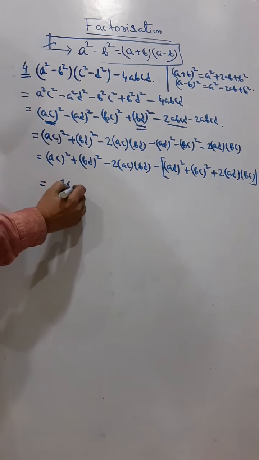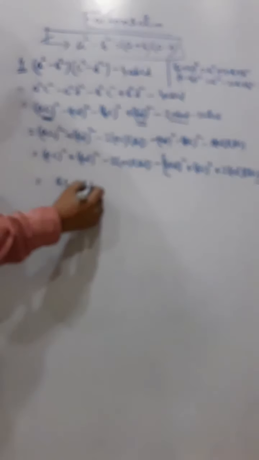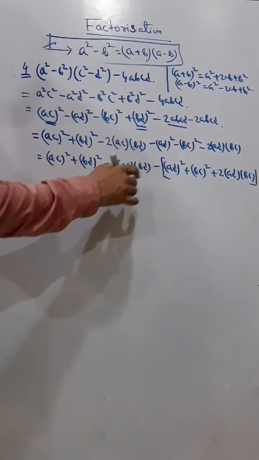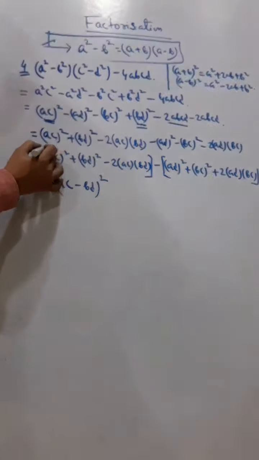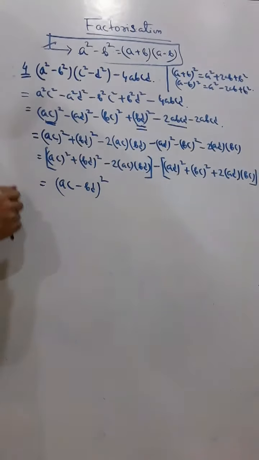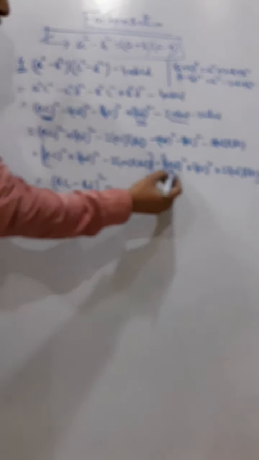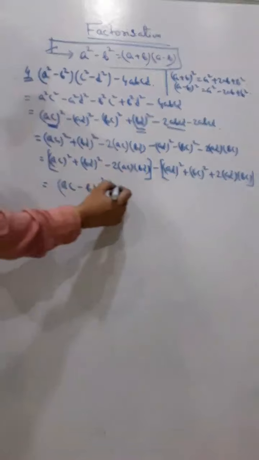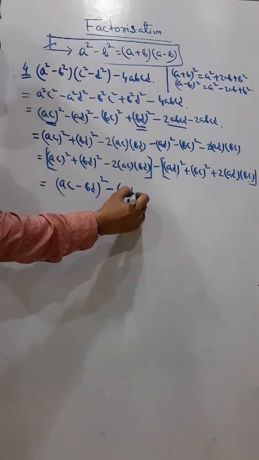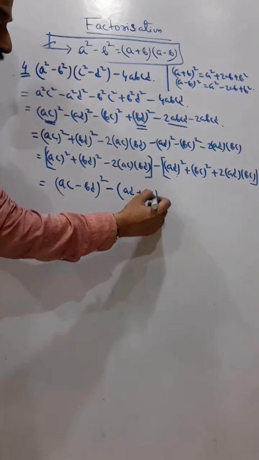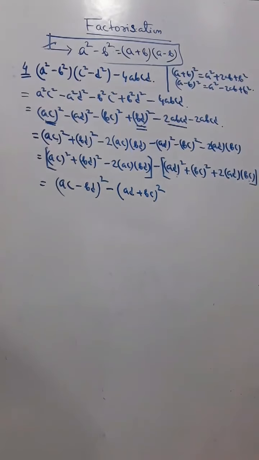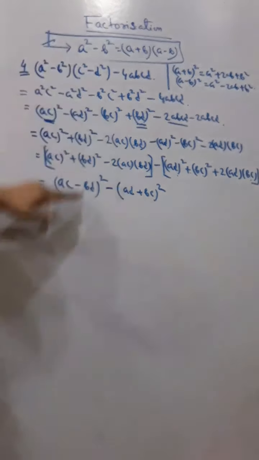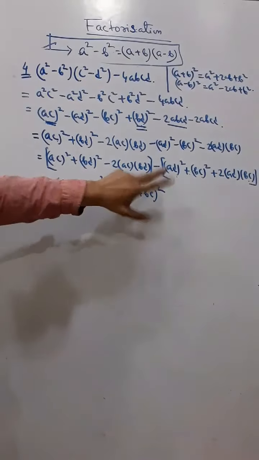So this is A minus B and whole square. Now you have minus here, so I can keep one bracket here better. So this part is this minus, and this is A square plus B square plus 2AB. So I can write this one as A plus B and whole square. So now you understood what we got. So finally we got now the whole expression in form of A square minus B square.